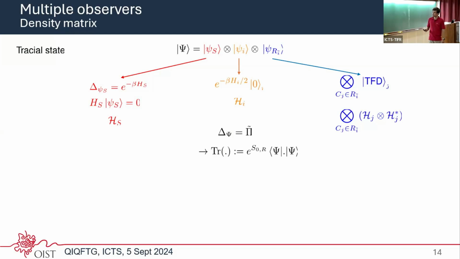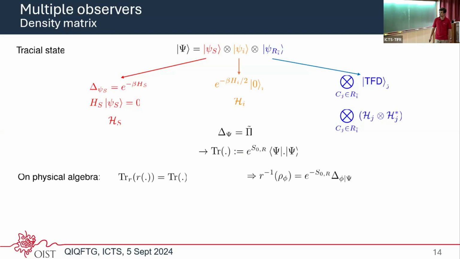So then we just set the trace as the expectation value in this state, and then, for rescaling purposes, we add this exponential of s, which is just some constant, because this trace is defined up to some arbitrary scaling. And from this definition, we can get the trace on the physical algebra, namely just with this physical representation, and then after some lengthy calculation, one can find the density matrix for an arbitrary state phi on an arbitrary physical state. And the only thing we have to calculate is this relative modular Hamiltonian. And then we immediately have our density matrix.